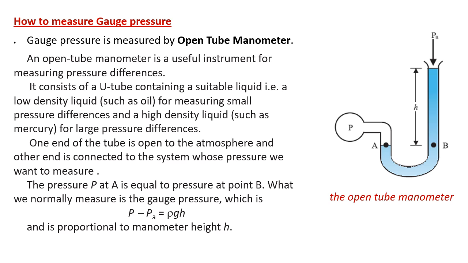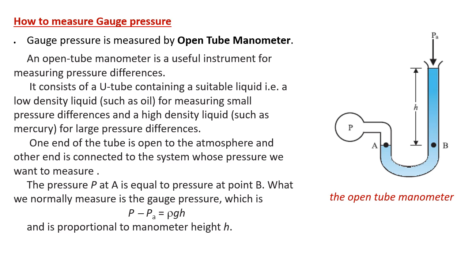Now, how to measure gauge pressure? It is measured with the help of an open tube manometer, as the diagram is representing. It consists of a U-tube containing a suitable liquid of low density such as oil for measuring small pressure differences and a high density liquid such as mercury for measuring large pressure differences. One end of the tube is open to the atmosphere and the other end is connected to the system whose pressure we want to measure. The pressure at A is equal to the pressure at B,